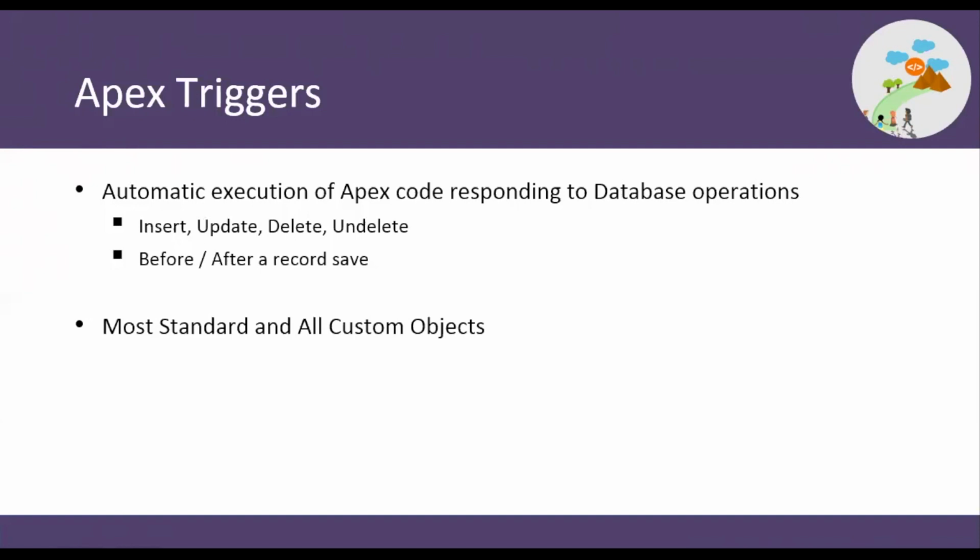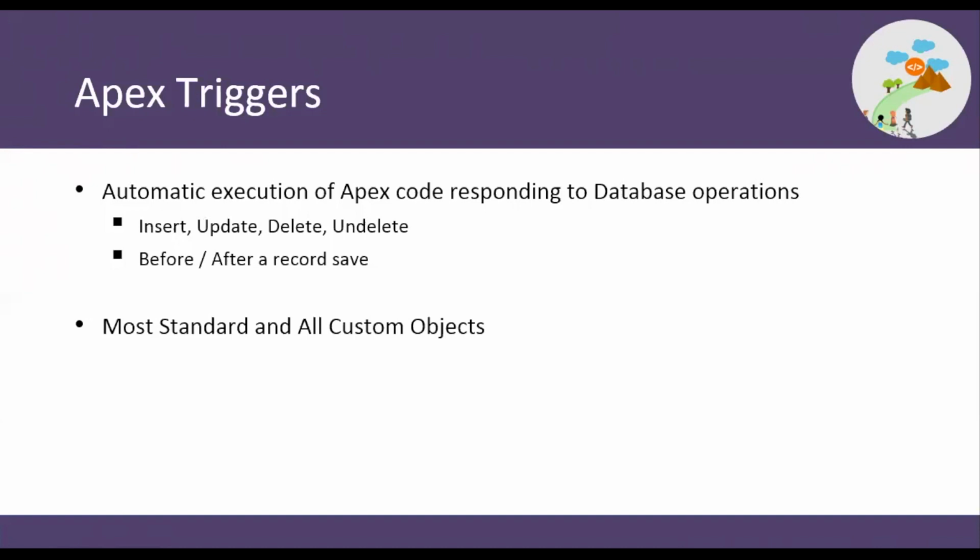Most of the standard objects you definitely can write triggers on. There are some which do not allow writing triggers, objects like an opportunity contact role, or the account contact role. Some of those standard objects do not allow writing triggers. But any and every custom object that you create on your org,